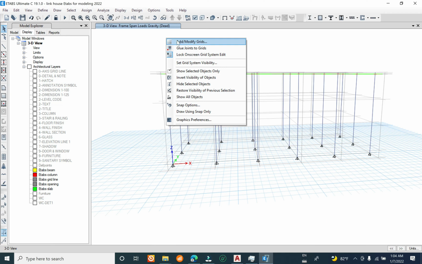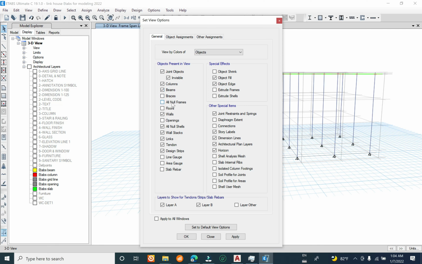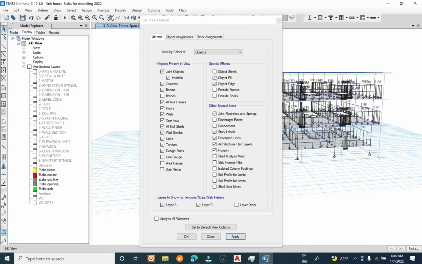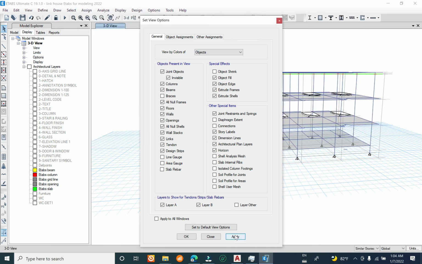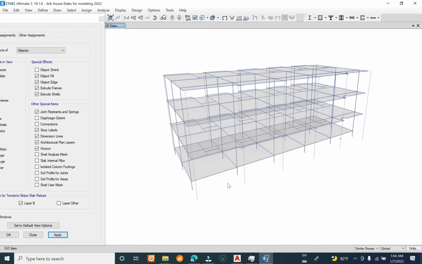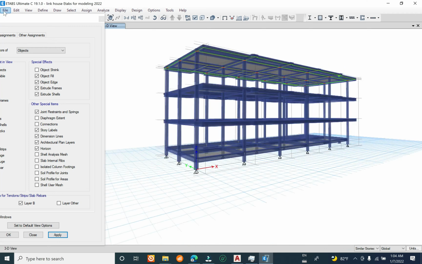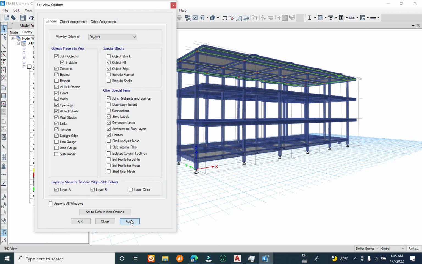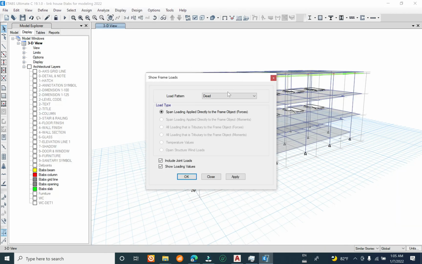Now we have to show all object, open, beam, floor, opening. Okay, we can extrude it. Okay, you see it is the full 3D model of our structure, and we have to check the load applied is correct or not. The load,